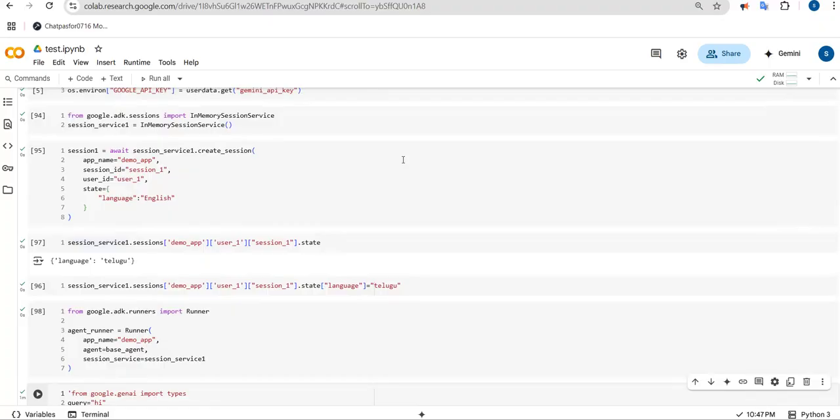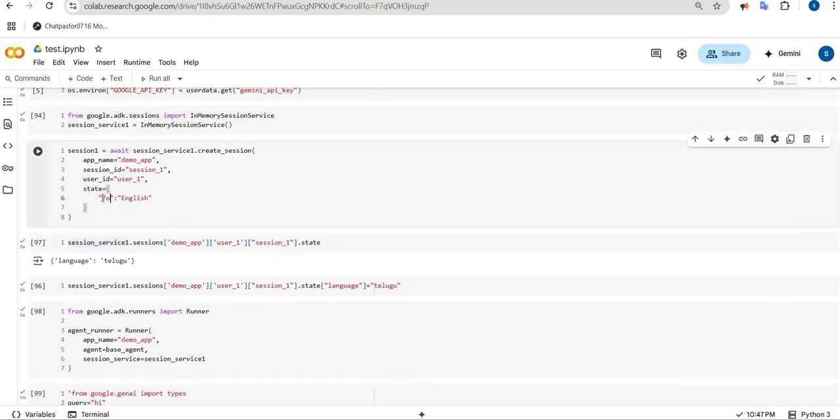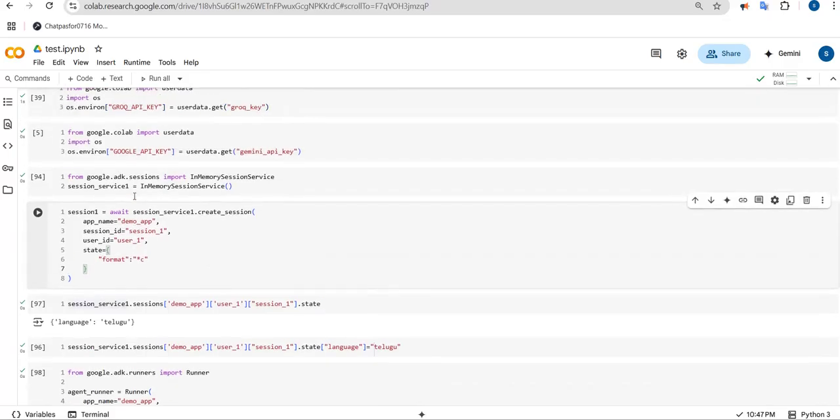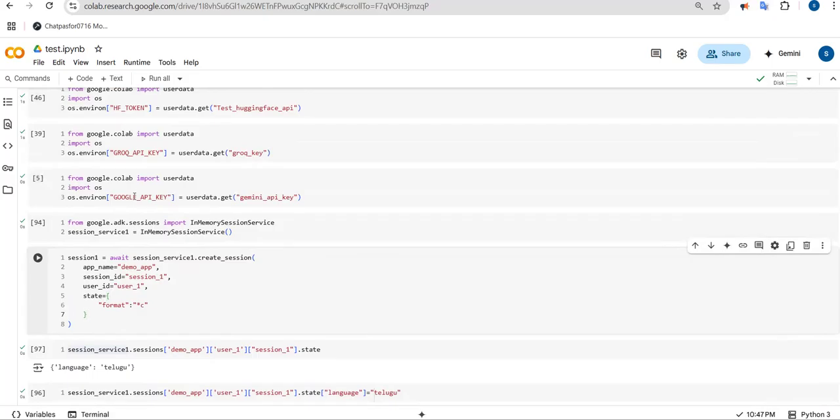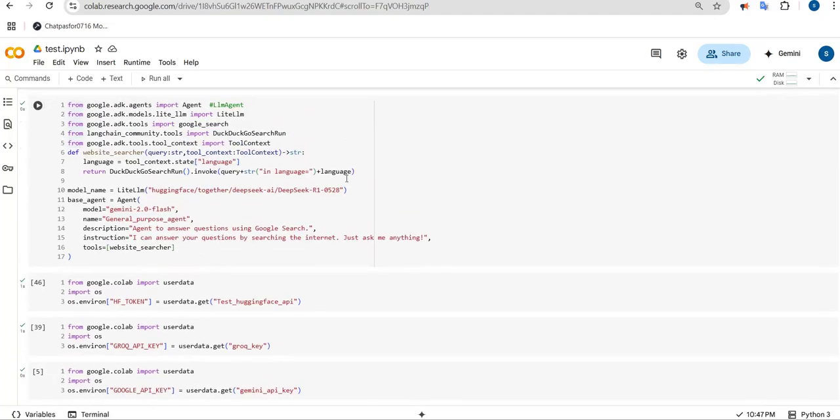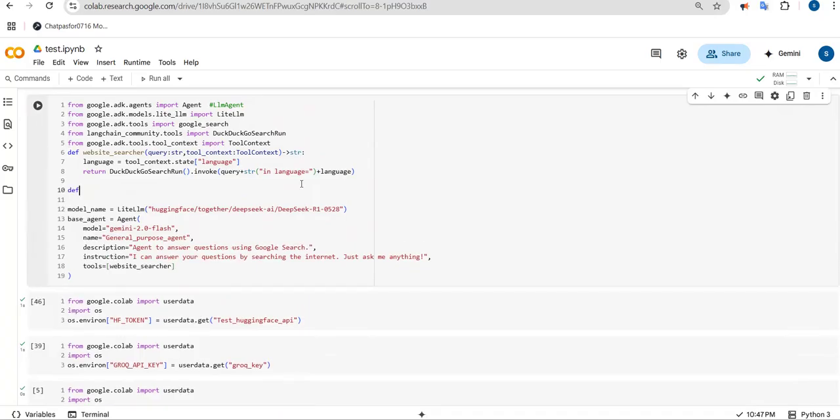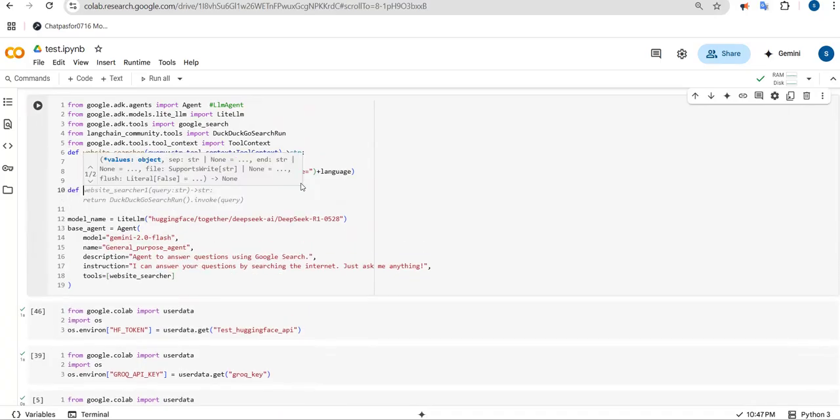Let's take what language I'm using, or what temperature, so let's take some format, like degree Celsius. And let's define one more custom function to identify the difference. Let's define one more function that is